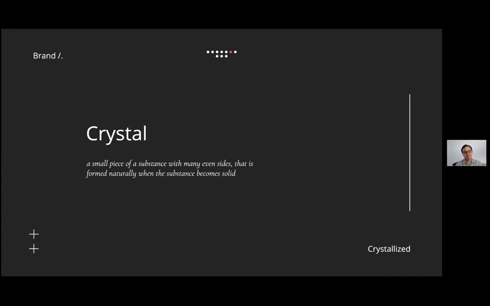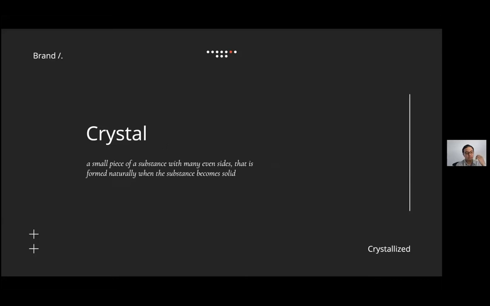So before making a brand, what I usually do is describe the thing that I want to make the brand for. For this one it is crystal rocks.